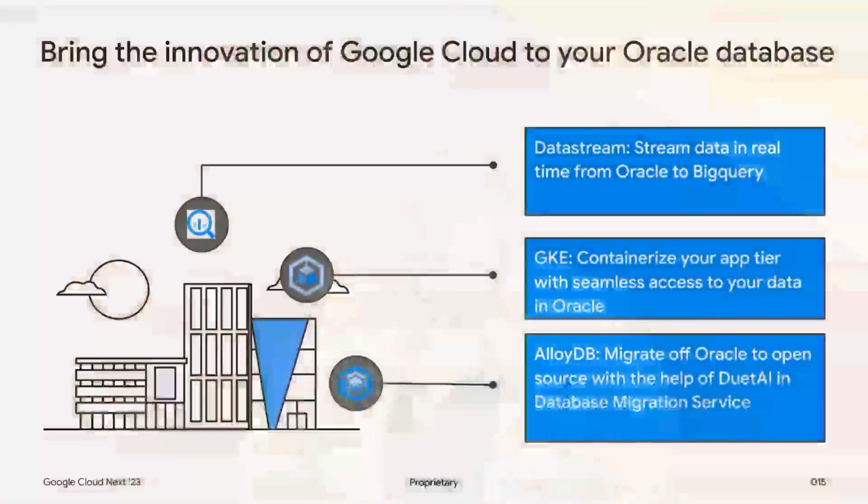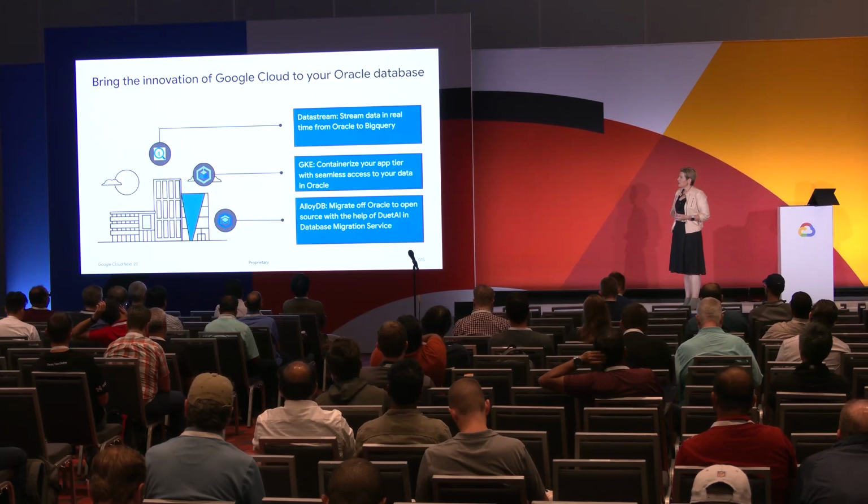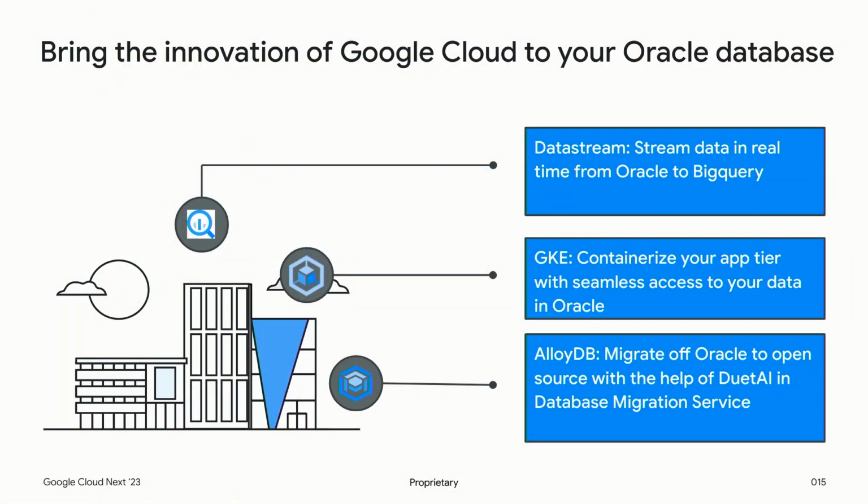Now, how do you bring the innovation of Google Cloud? BMS allows our customers to focus on the future and not be stuck in the past. So as you start your migration journey, you can migrate to Google BMS while beginning to integrate more capabilities. First, let's look to Datastream. You can stream your data in real time from Oracle to BigQuery. Next, perhaps you want to look to GKE to containerize your app tier with seamless access to your data in